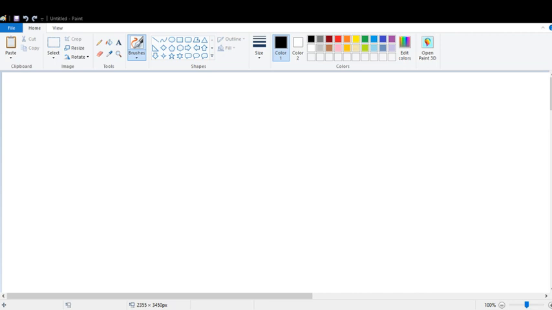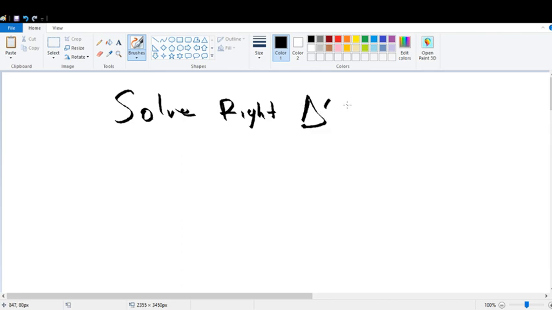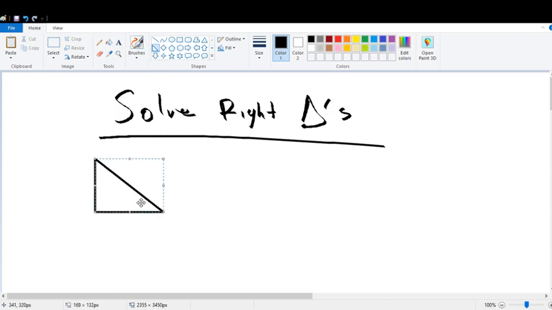All right, students, today we are going to solve right triangles. Let's begin with a 45 degree triangle. We know that if the legs are, let's give them an arbitrary variable x, the hypotenuse will always